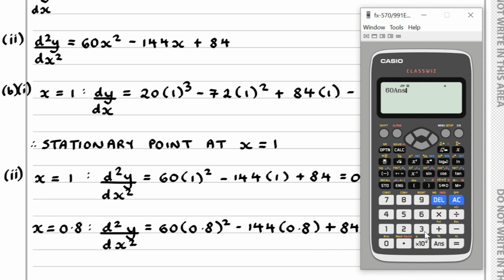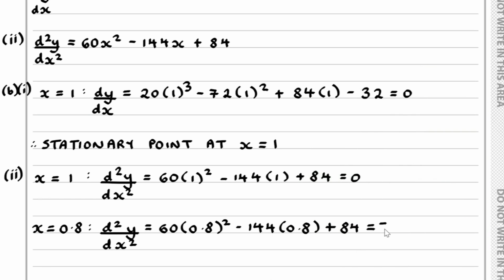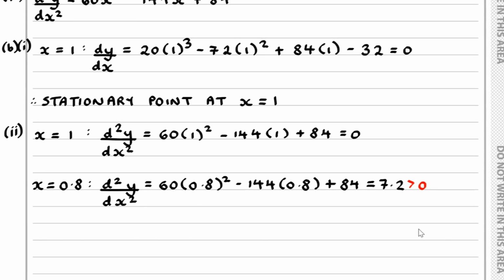So 60 lots of 0.8 squared minus 144 lots of 0.8 plus 84, we end up with 7.2. 7.2 is of course greater than 0, and therefore here we have a situation where we have something which is convex,